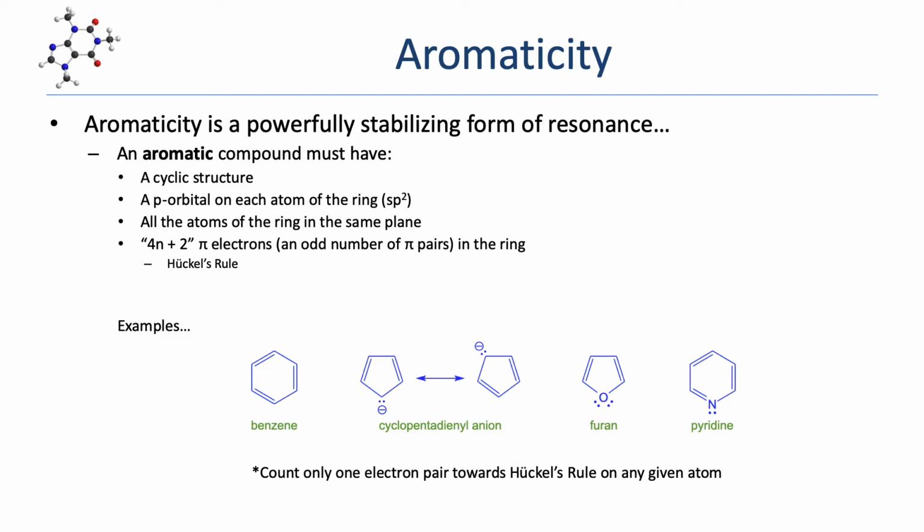The second lone pair on that oxygen is actually in an sp2 orbital and can't be involved in resonance. A good rule of thumb is to count only one electron pair towards Huckel's rule for any given atom, since we can demonstrate that one of those lone pairs can participate in resonance forming a pi bond. The other lone pair on that oxygen cannot be involved in resonance and should not be counted towards Huckel's rule. So furan, with two obvious double bonds, and the additional double bond formed from one of those lone pairs through resonance, actually has three pairs of pi electrons, and 3 is an odd number, so furan follows Huckel's rule and